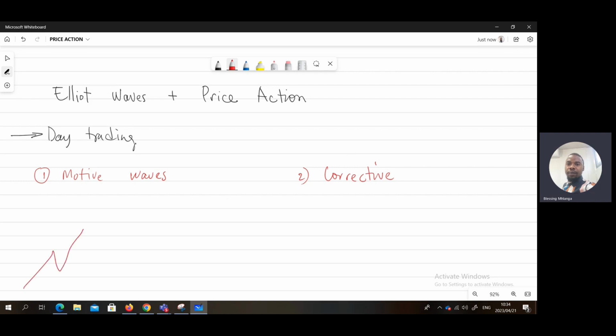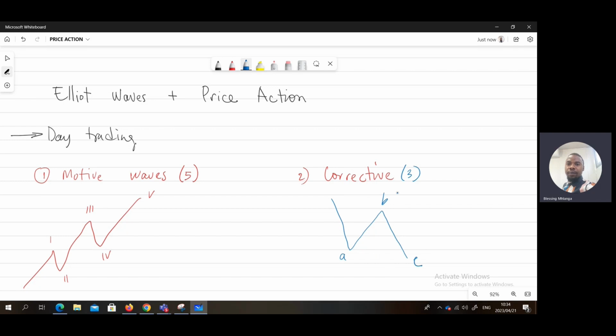Now, I'm not going to get into detail about the motive waves, but we know that generally all motive waves are made up of 5 separate waves, and they are numbered 1, 2, 3, 4, 5. Then we can have our corrective waves, which are always in threes, and they are always numbered using letters A, B, C, or W, X, Y, depending on the type of corrective wave that we are